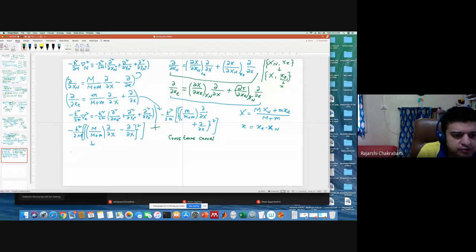So this will give you something like, from here you'll get h cross square by twice m into m square divided by m plus m whole square. Okay. Plus